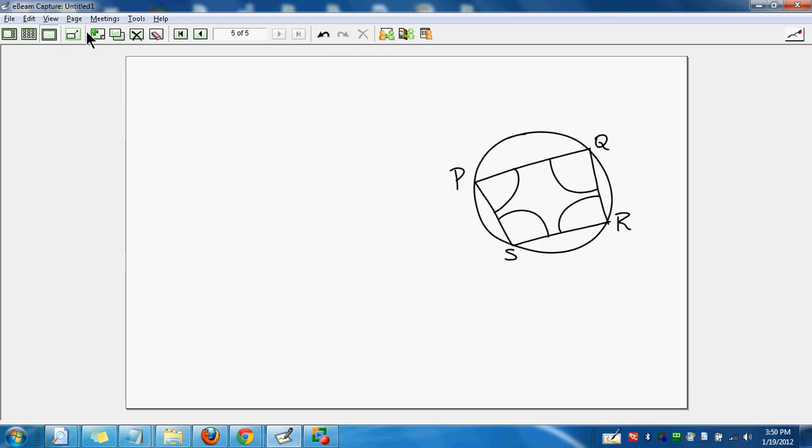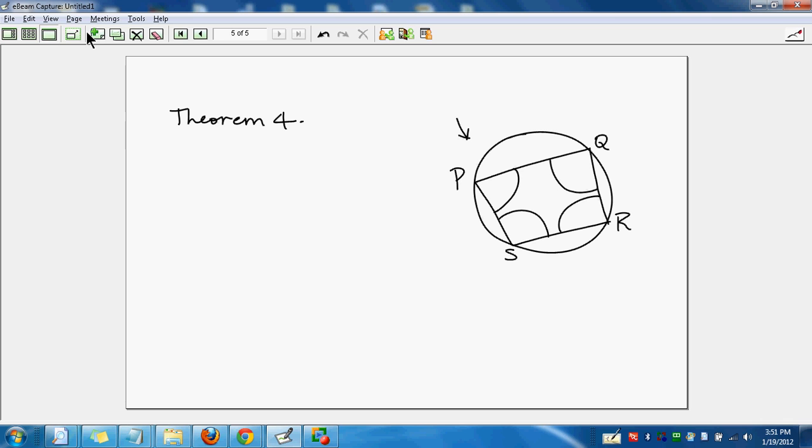Okay, so we're continuing with the theorems for the angle properties in a circle. And this theorem that we're looking at, which is theorem 4, says that the opposite angles of a cyclic quadrilateral are supplementary, which means that if we have a cyclic quadrilateral, which is a quadrilateral having its 4 vertices lying on the circumference of a circle, as shown in this diagram here,